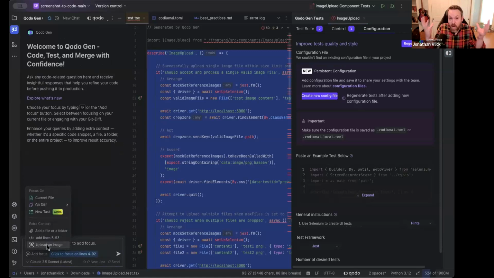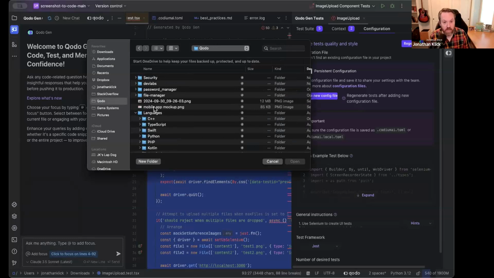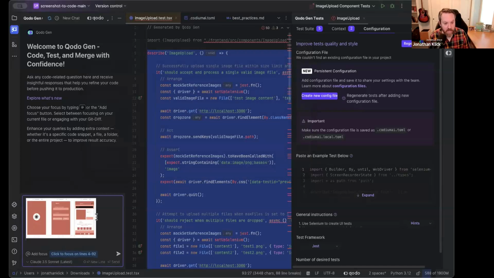So when you said flow, it was an instant trigger for me. I'm thinking, is this a flow that's just markdown, or is there legitimately a diagram of some sort? Because if we were to upload an image, in this case I can add a mockup here. This is a mockup of a mobile application. I don't know what you would use for a mobile application.